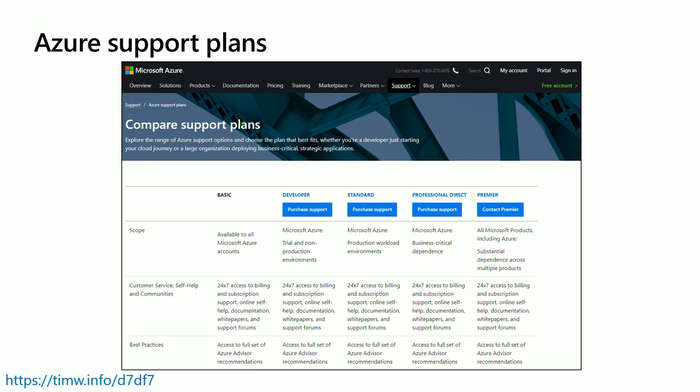The text is really small on this slide, but as you see, you start with the basic or the free plan, and then there's one, two, three, four paid tiers. As you work from developer, standard, professional, direct, and premier, you're going to notice that, of course, the price goes up, but the response time goes down. So you may be asked something as granular as: you're helping a customer who has a need for less than one hour response time from Microsoft. What should you suggest they do with regard to a support plan? The choices will be just the names, and you have to think in your mind, okay, support plans, got it. I remember it was professional, direct, or whatever the correct answer you think it is.